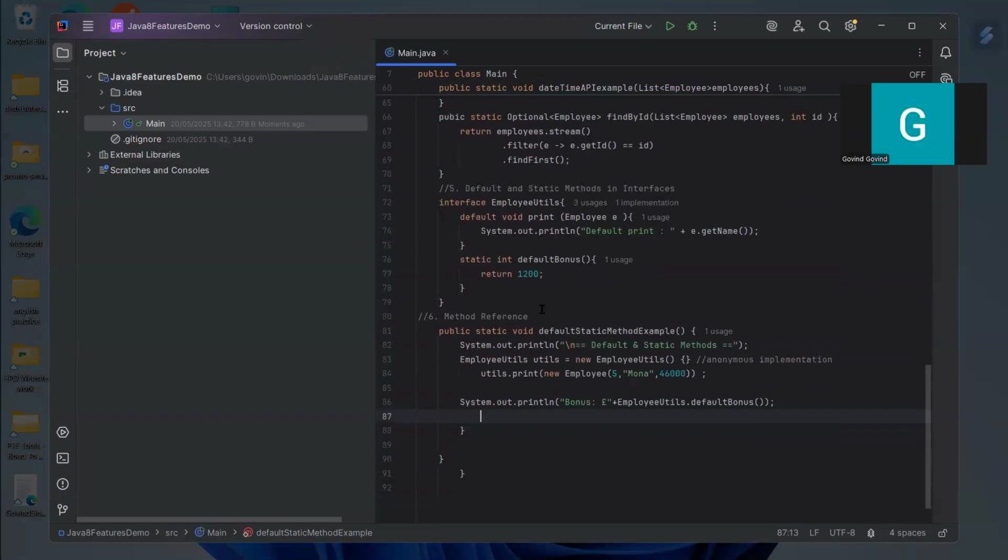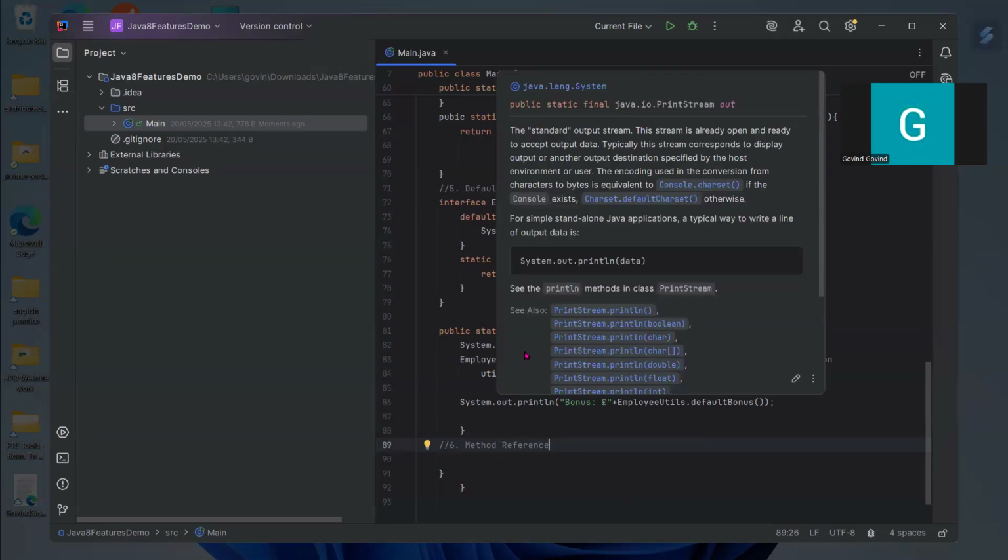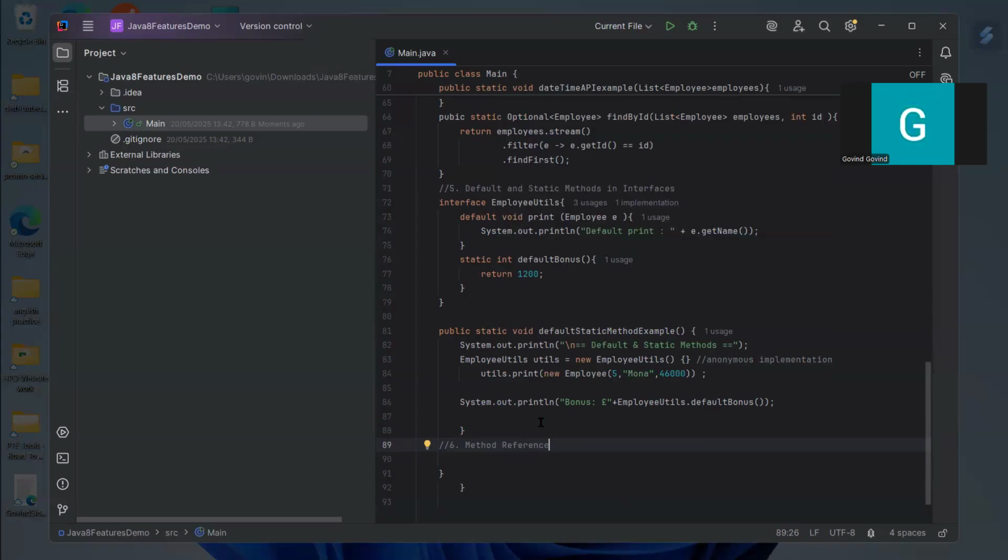Then, sorry, this is still a default and static. I'm going to use it later on. I'm going to use it here. So this is the default and static method. You can see. Okay. And now